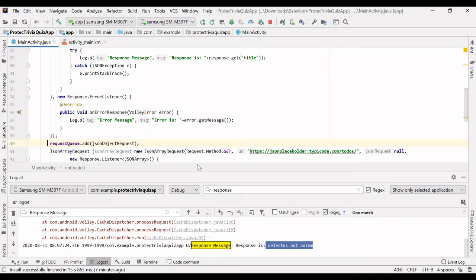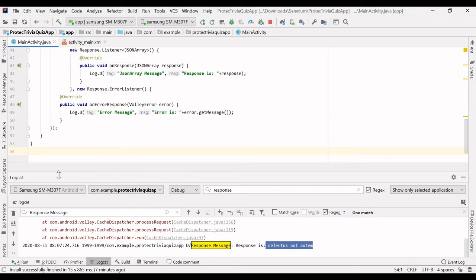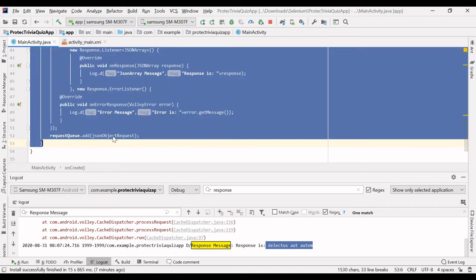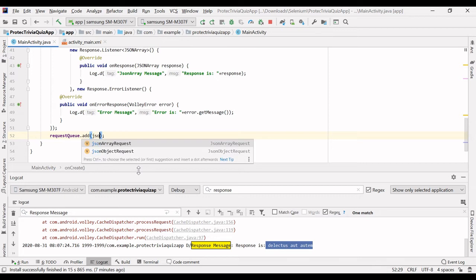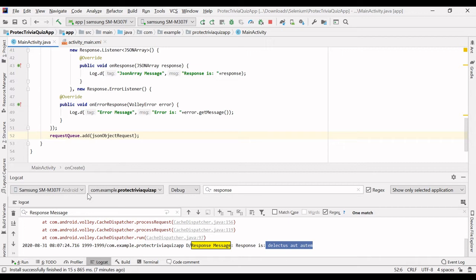So just change the order, cut from this and paste it at the end of this request queue, and just add the JSON array request here in the request queue. I will comment this line and copy this and paste it here again, and then I will mention the JSON array. I don't want to change the code, right? So let's see whether it is working fine or not. Just run this.